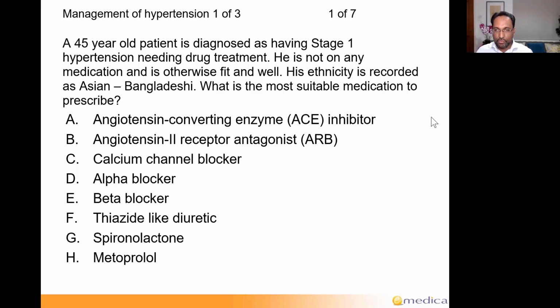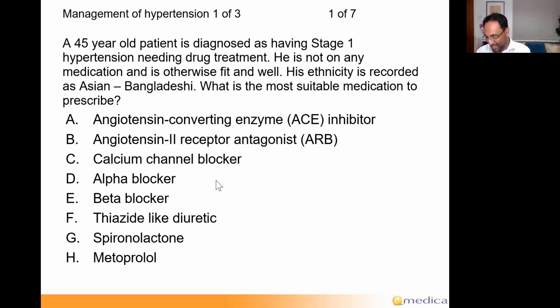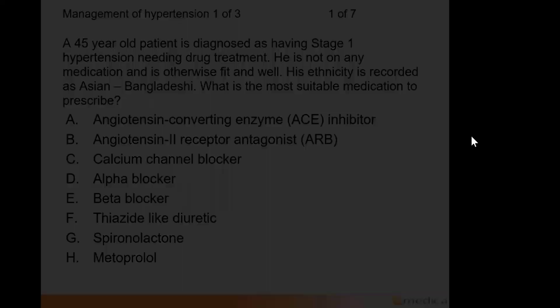Okay, what we're going to do is I'm going to show you the next 2 in this set. Can you see? EMQs come in sets. In this case, every question has a title. This is about management of hypertension, 1 of 3. I'm going to show you 2 of 3, 3 of 3. Write down your answer at home, and then we'll go through all 3 and I'll launch polls for them. If I give you the poll now and do the teaching and explain the answer for 1, it might give away the answer for 2 and 3, which you're not going to have in the exam, right? So let's look at question number 2.